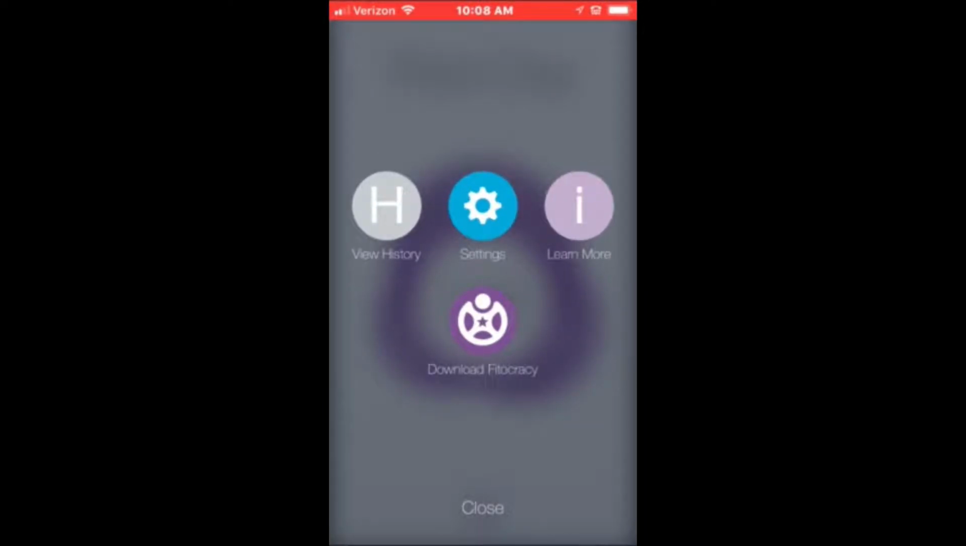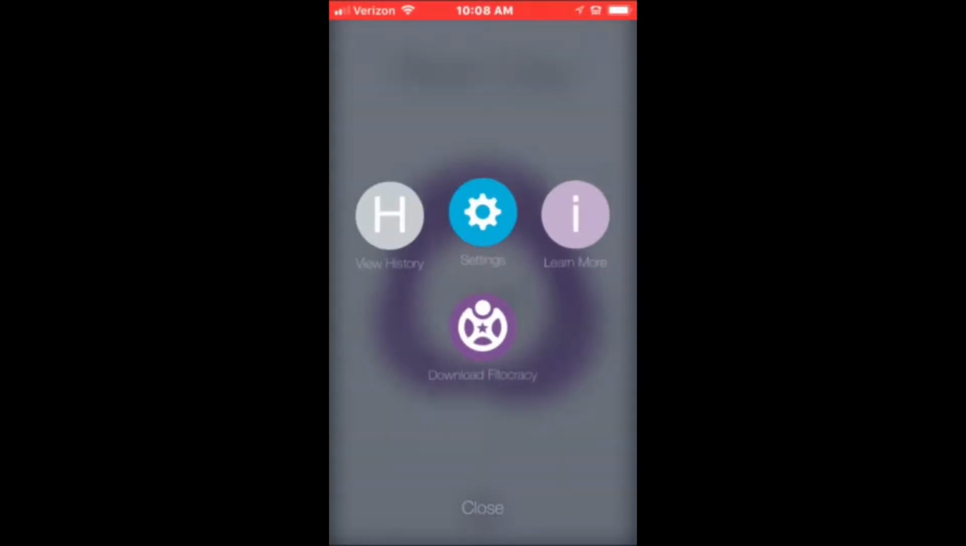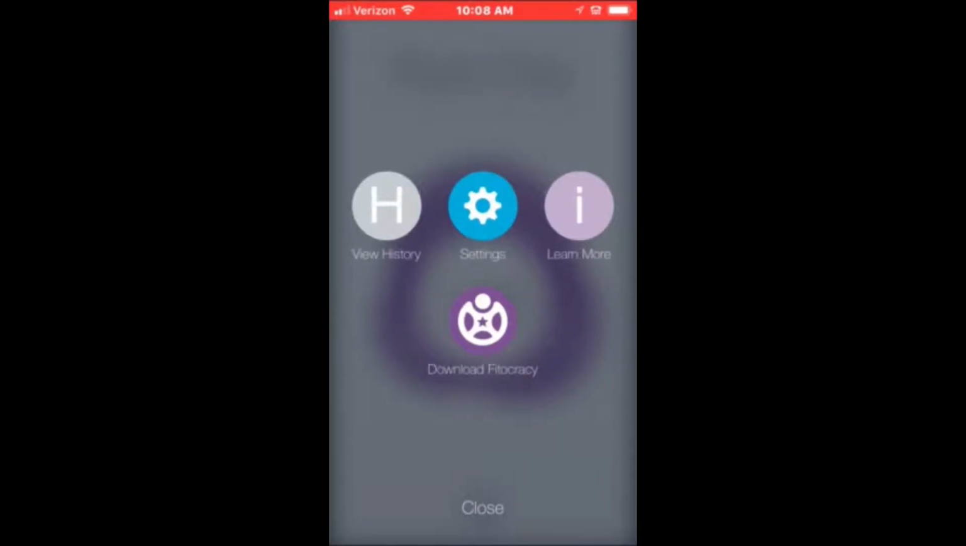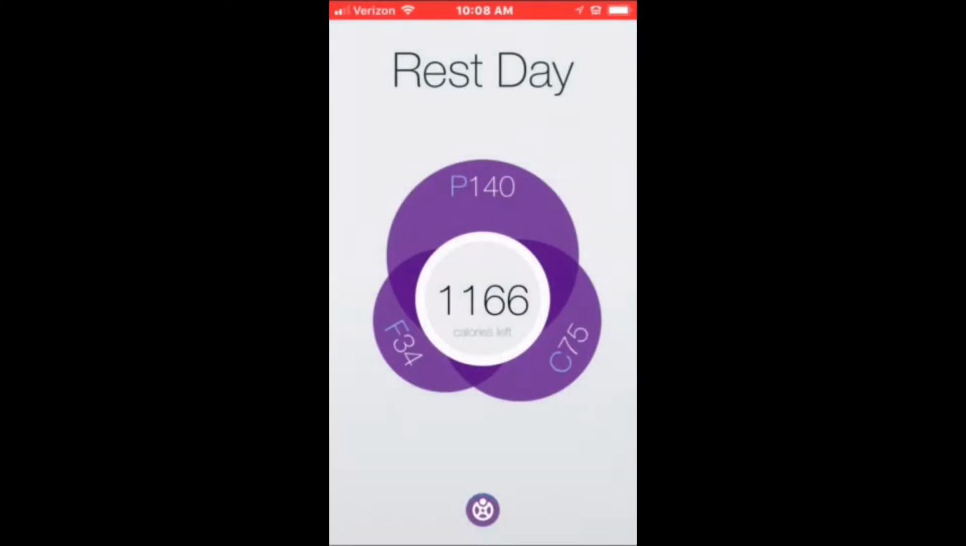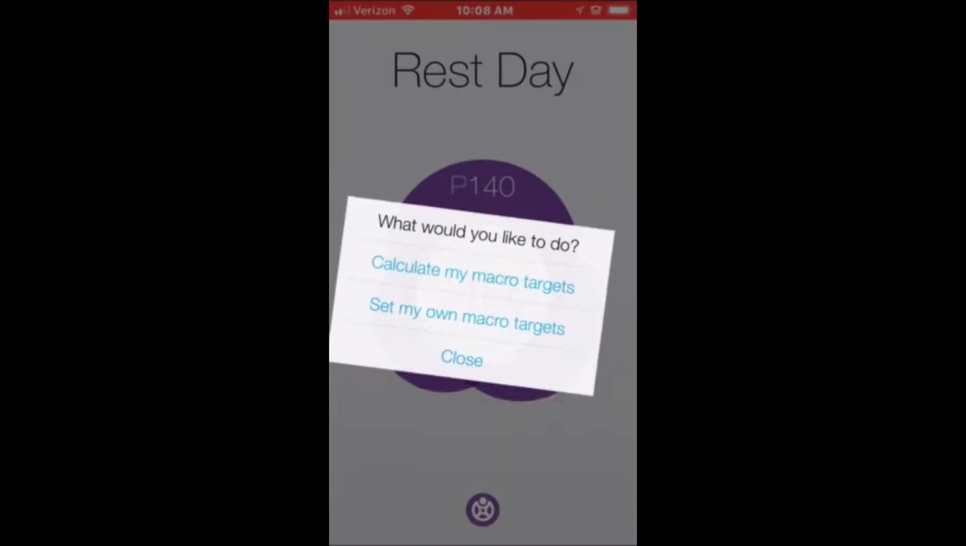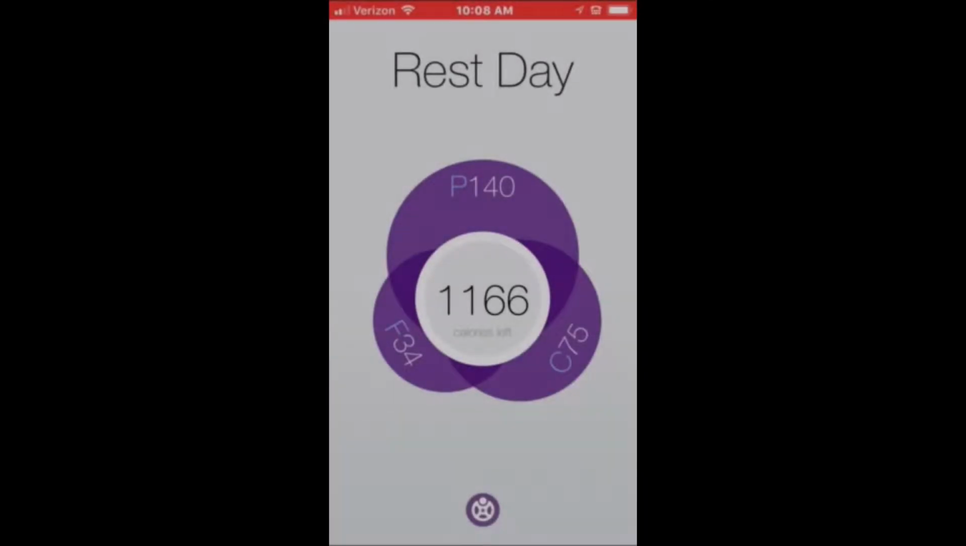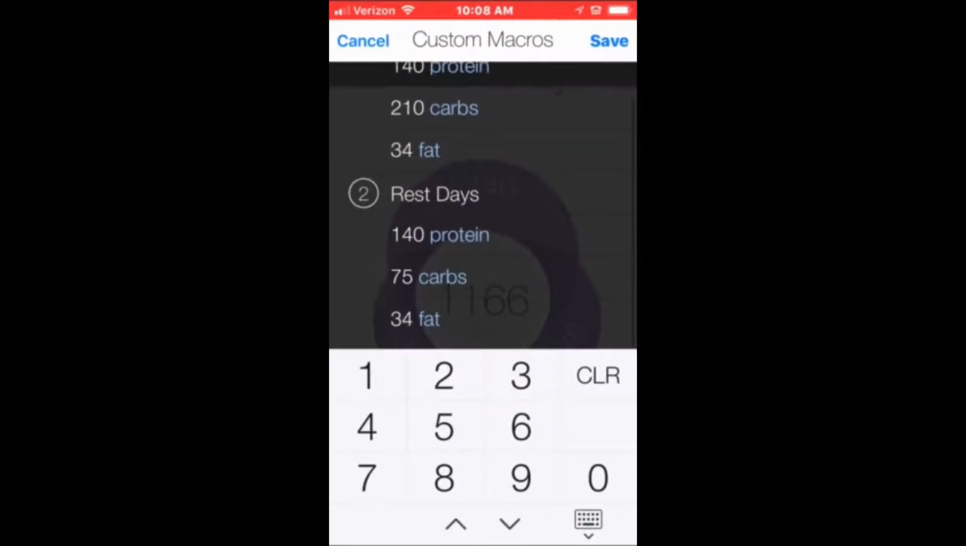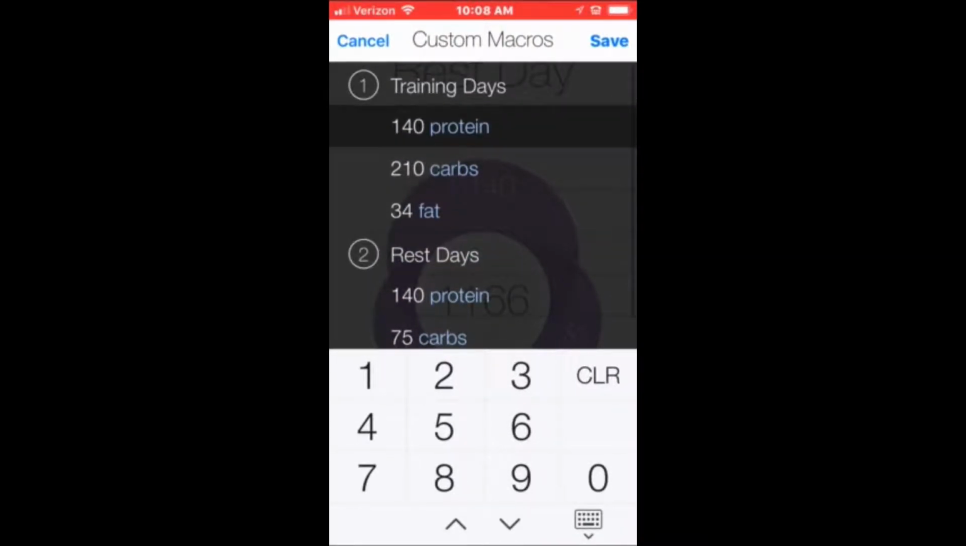So I'm going to show you how to do it. At the bottom, there's a little icon. You're going to press that, and you could actually do your own macro settings, which I like to do. So I'm going to press settings, and then I'm going to calculate my macro targets. Actually, I'm not going to calculate it because I've already done mine, but you can go here. This is where you calculate it, and they'll ask you a couple questions, and they'll calculate them for you. I set my own, so I'm going to press set my own, and